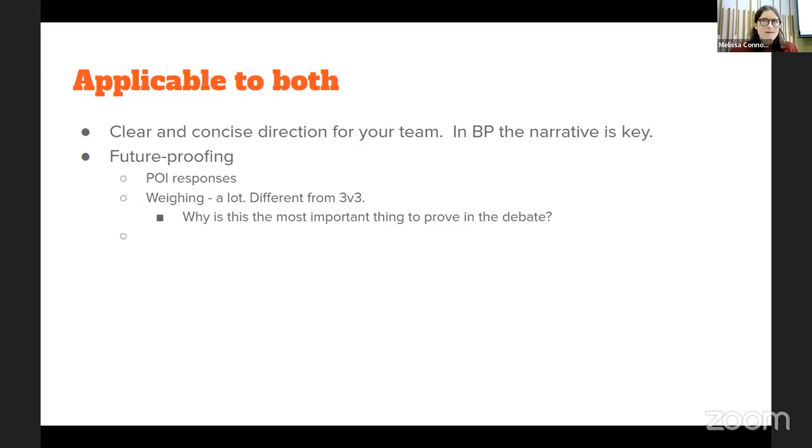So in terms of things I think are really good to do in both positions, the first thing to note is that in BP debating, the narrative of your case is the key, because the judge is holding 4 different cases in their head. They need to clearly have some sort of imagery or big idea for what your case is about, so that they can compare it and hold it in their head. So for both speakers, you want to be really clear at the very start of your speech